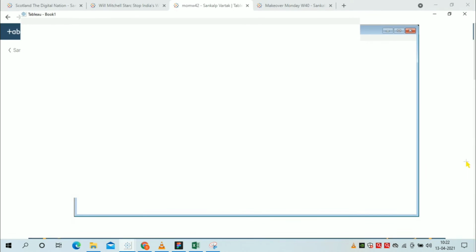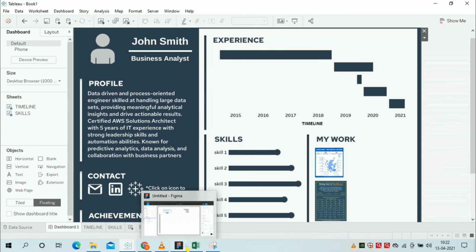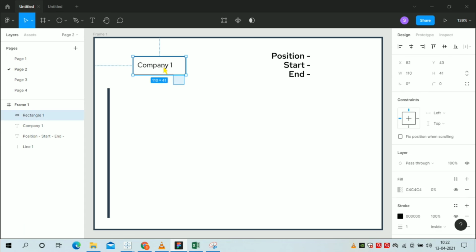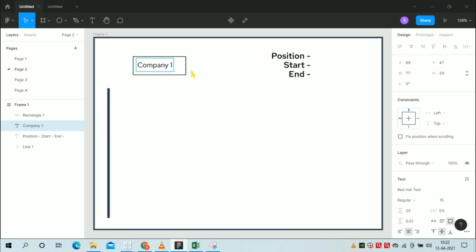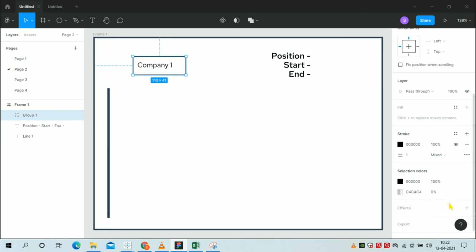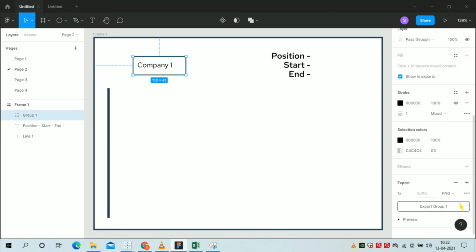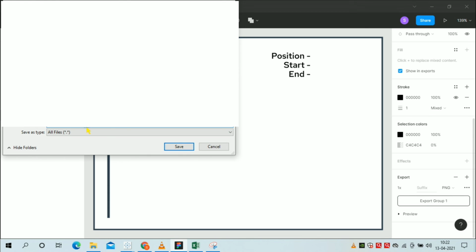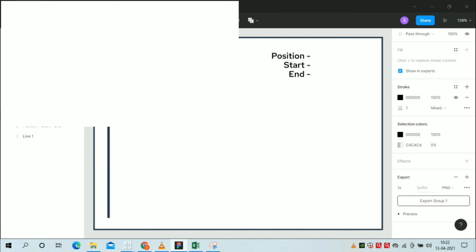So our work is almost finished. Just one thing remaining is showing the cards for experience. For that you can take the logo of the company, but in this case I am not taking any logo. This is just for the example. I'll group this company and a rectangle in Figma and use it as a company logo. So if you are working for any company, then use the logo for that company only. So I'll save this